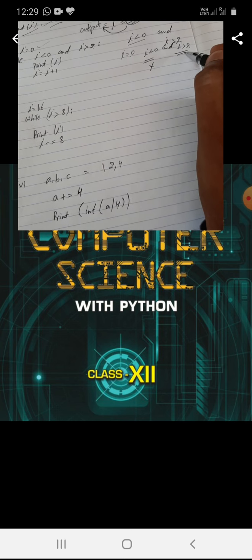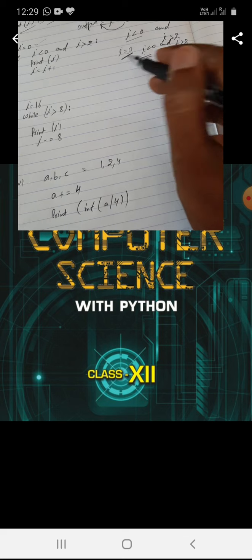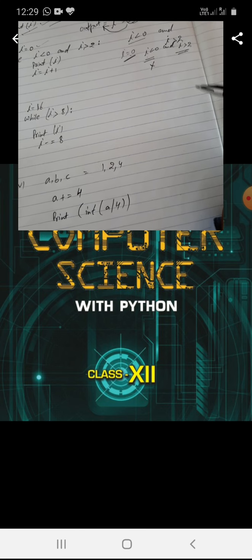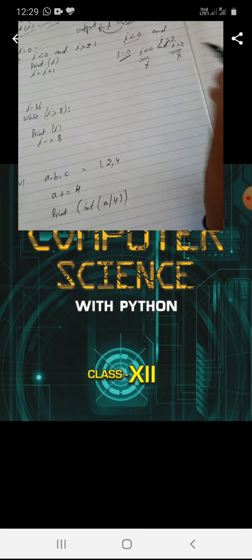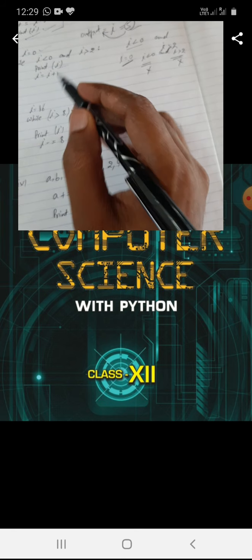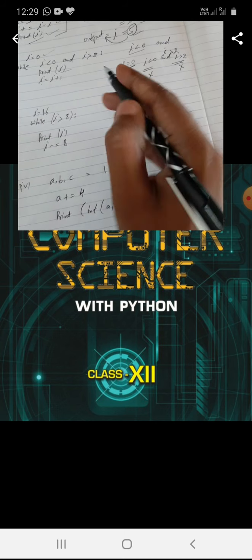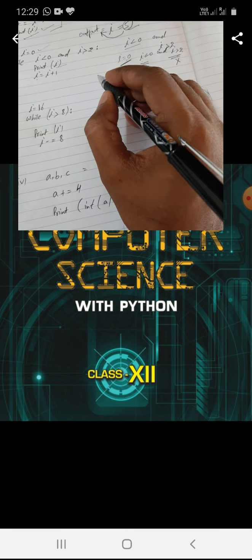And is i greater than 2? No, the value of i is equal to 0. It means this condition is also not satisfied. Then print(i). In the fourth line of code the value of i becomes i + 1.